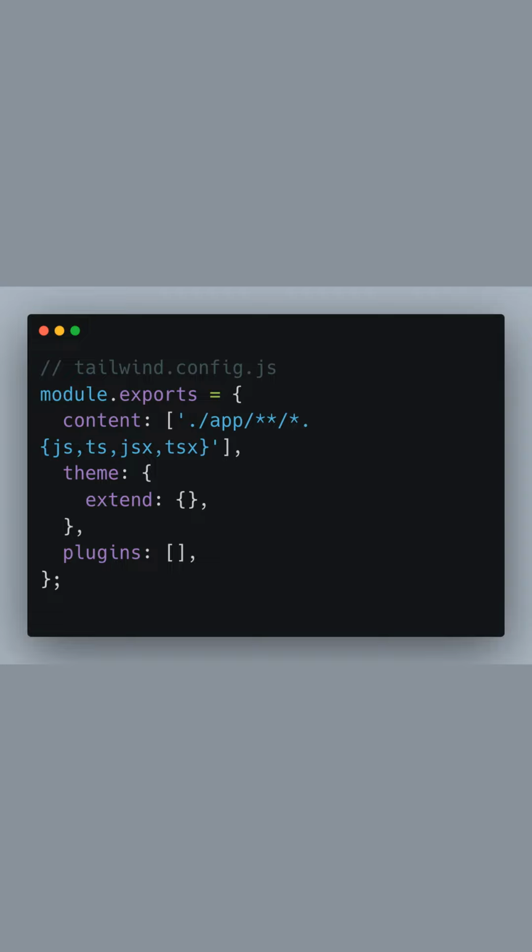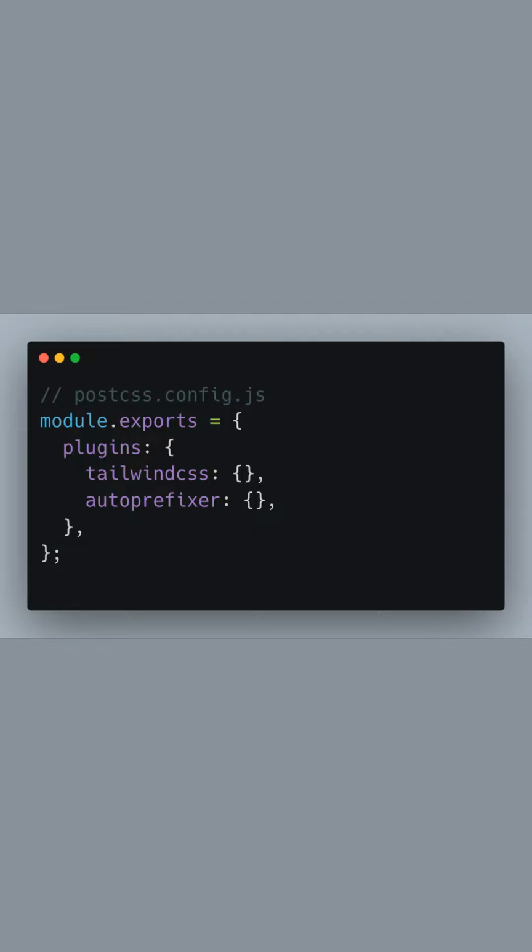decide to use. In the postcss.config.js, we're defining the plugins we'll be using with PostCSS. We have Tailwind CSS and autoprefixer here. Tailwind CSS is a PostCSS plugin itself, so it integrates into this build process. Autoprefixer is another PostCSS plugin that automatically adds vendor prefixes to your CSS, helping to make sure your styles work